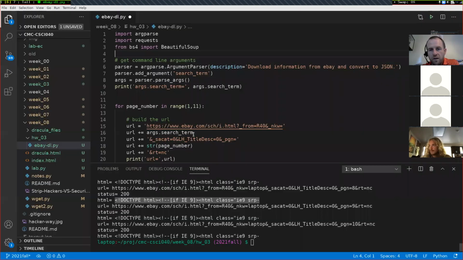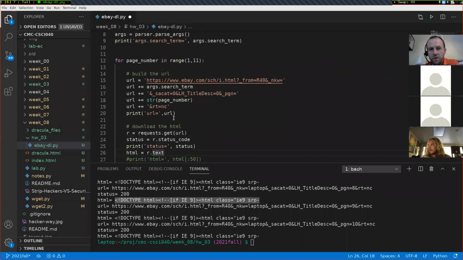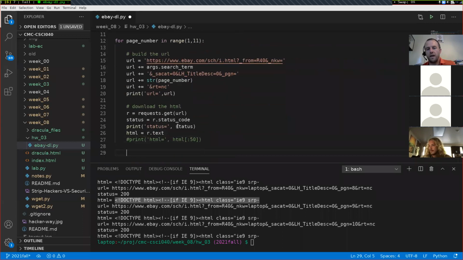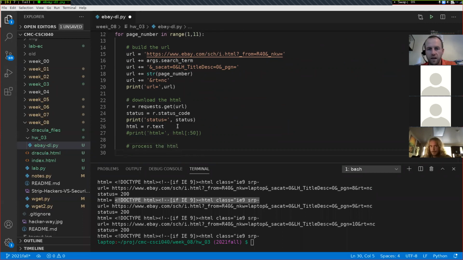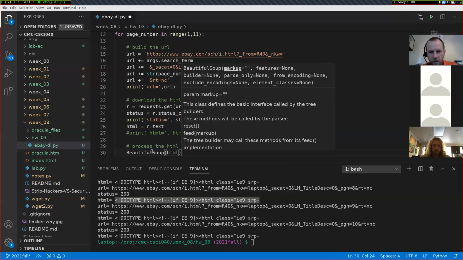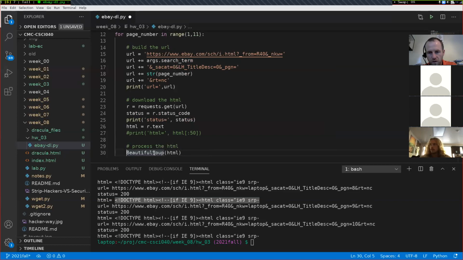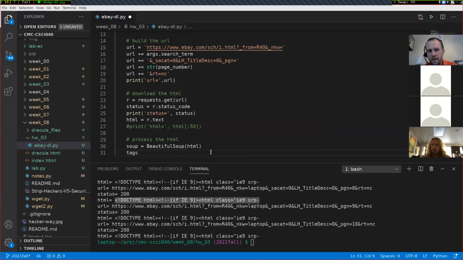So let's come back over here and do that. We've built the URL, we've downloaded the HTML, and our next task is to process the HTML. It's a generic little paragraph right now, but I might come back and edit that later, but that'll get us started. This is something I'd normally have to look up, but I think I can do it from memory because we've done it before. So we say soup equals BeautifulSoup of HTML, and then my tags will be equal to